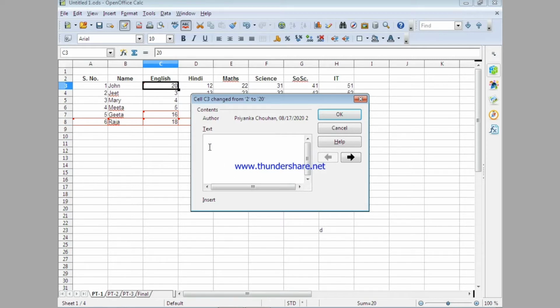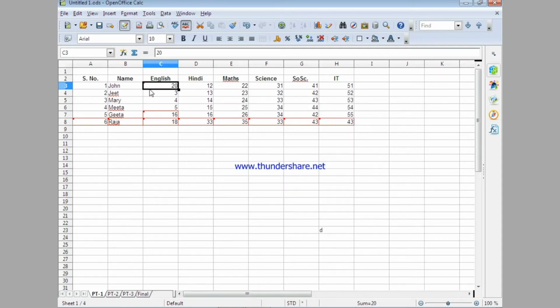To put that additional comment, we are provided with a text box. In this text box, whatever comment we put, it would be added to the previous comment. The previous, that is default comment, would come. Along with that, whatever you would write in this text box, it would also come. For example, if I write here comment, marks edited, and I click on OK. Now you can see when I hover here, it has this additional comment also.